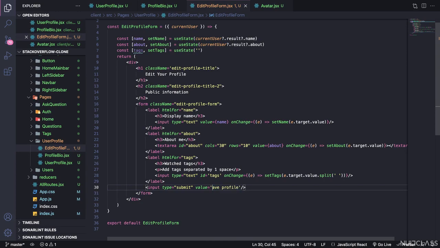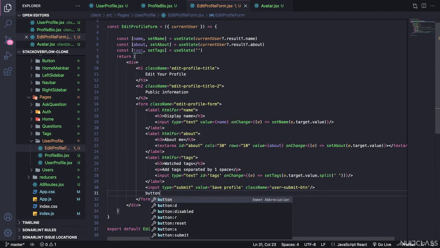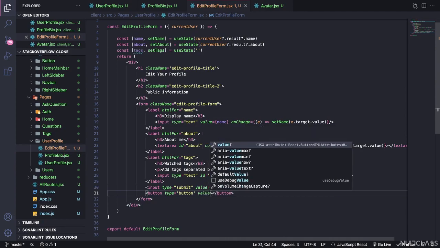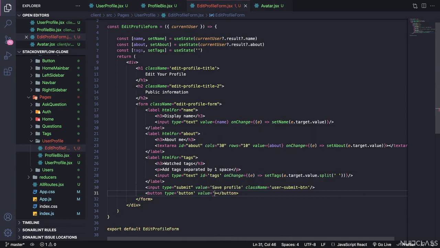Just give a capital S in here, and then we'll just have a class name, which is gonna be user-submit-btn. We will close this, and then we'll be having a button for cancelling out. We will just have a type, which is gonna be a button actually. It doesn't take a value, it will just get a child of cancel, and